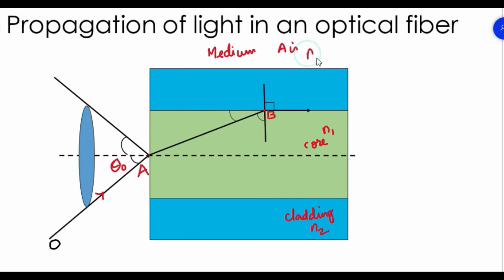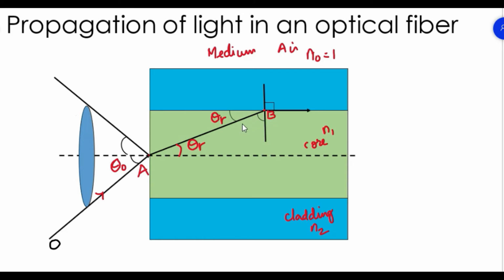So proceeding with our derivation, the refracted ray AB now becomes the incident ray for core cladding interface. Since theta naught is the angle of incidence, we have theta r to be the angle of refraction for the first case. Since alternating angles are equal, once again theta r you get in this position. Now at B, the angle of incidence is to be marked. For this, you can observe that the refracted ray makes an angle 90 degree. So this angle will be 90 degree minus theta r.